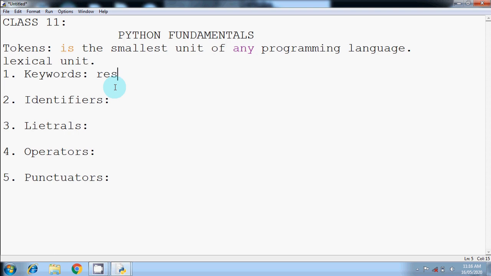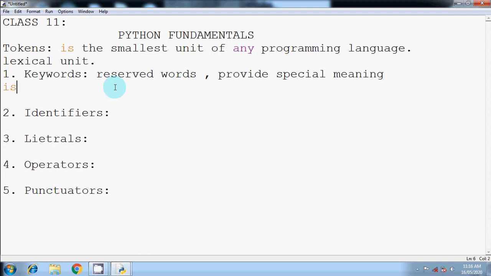Basically keywords are the reserved words which have some special meaning. These words are first of all reserved by the Python language. That means you cannot use them in your own way. And moreover, they provide special meaning to the words. Like if we used the word is for any other purpose, as you can see it changes to a different color, that is orange, in the Python environment. This means that it is now a reserved word and you cannot use it for any other purpose. It has some special meaning in Python and it will serve as its own function.